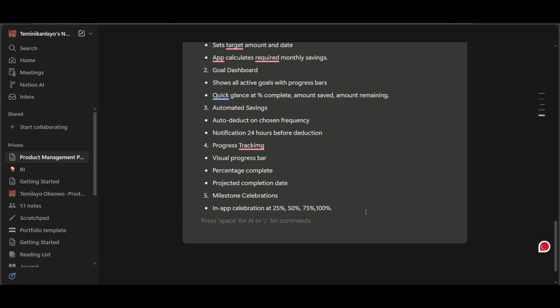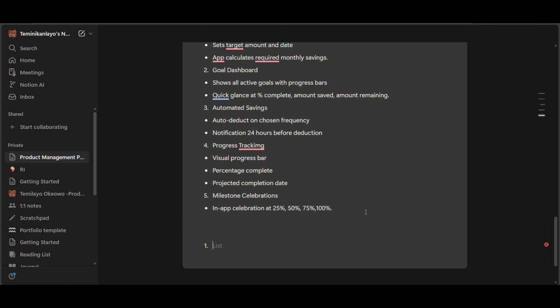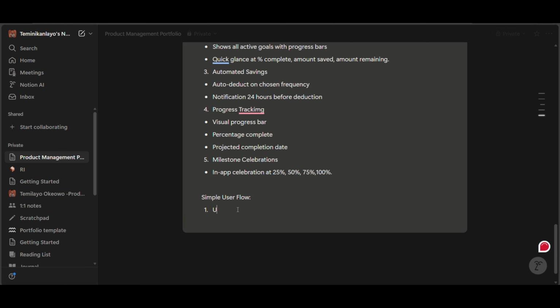Let's just correct this: simple user flow, and I'm just going to list two, to be honest, because